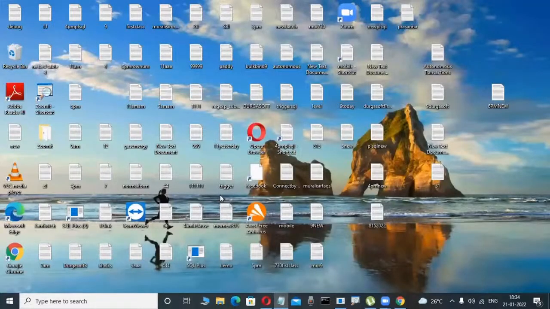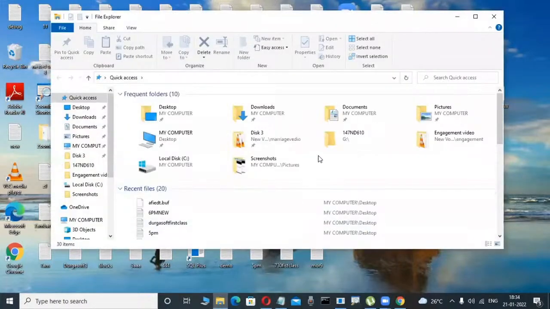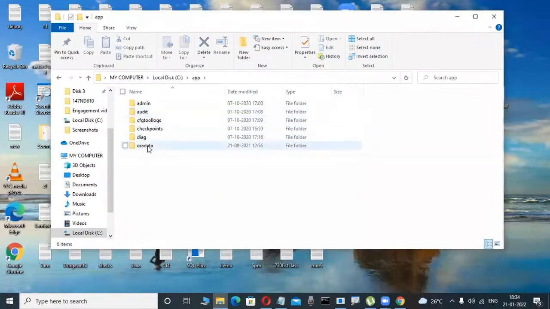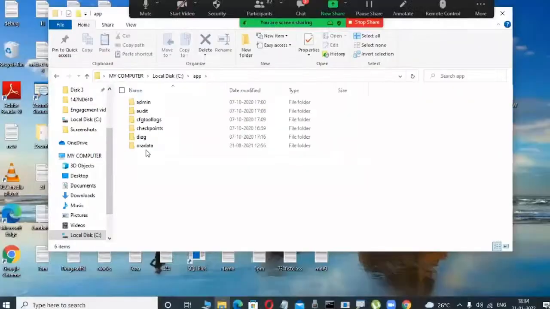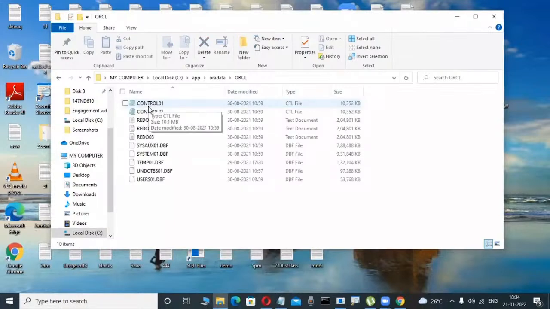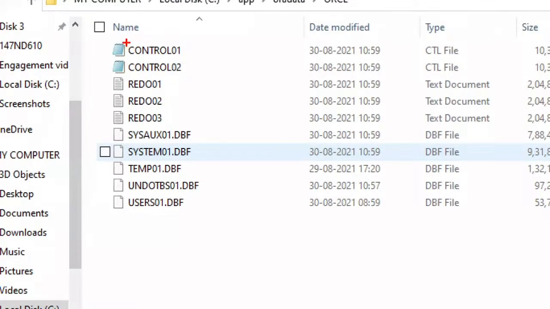Now, I'm interested to view whether this table is created or not in my operating system. Suppose a Windows operating system is there, where Oracle is installed. In that location, I try to view, for example, in C:, where the Oracle is there. These are all directories, don't worry. These are folders: Oracle, Oradata, ORCL. I'm observing only, and now in C:, I'm installing my Oracle software. In this Oracle software, here, anywhere